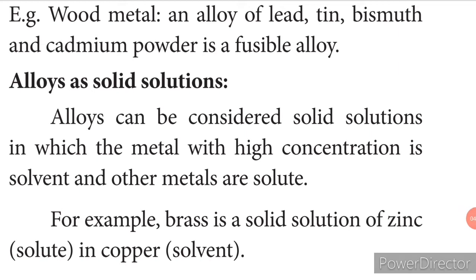Now children, we know what a solution is. A solution is one in which the solute and the solvent are added together. Now what is a solvent? A solvent is the medium in which the solute is added; the solvent will be of higher concentration, or in higher quantity, and the solute will be in lesser amount, added to the solvent. Now why do we call it a solid solution? Because both are metals, and the metal which has the higher concentration will be the solvent, and the solute will be of lesser concentration. So these are fused together to form the solid solution. Now for example, in the case of brass, what will be the solvent?